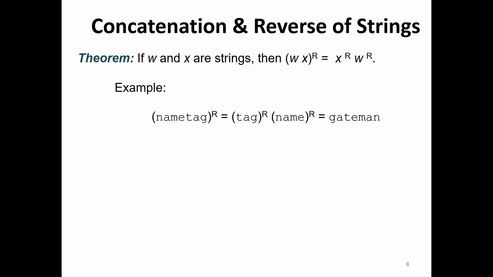So, reverse of TAG is GAT and reverse of NAME is EMAN. The string obtained after concatenation and reversal is GATEMAN. And this theorem is,